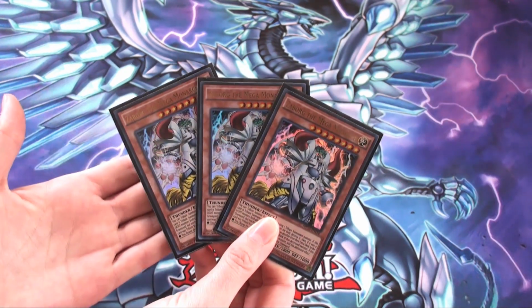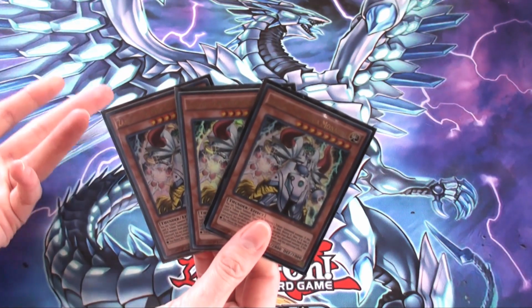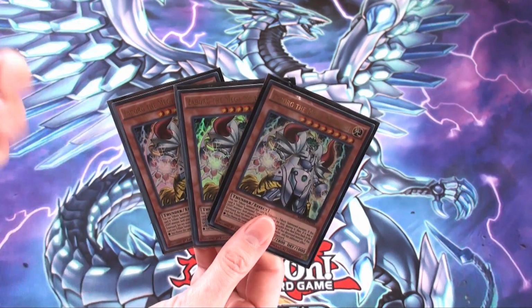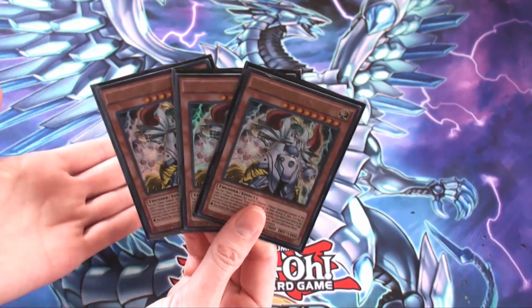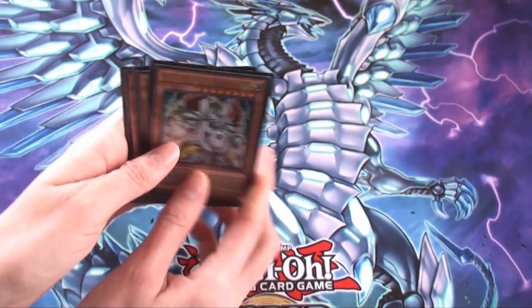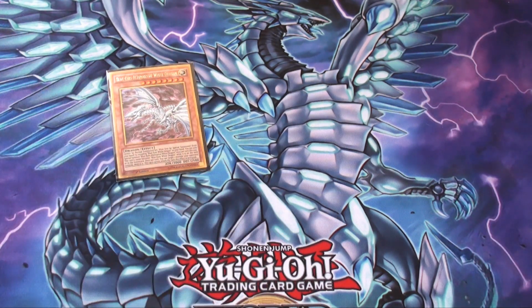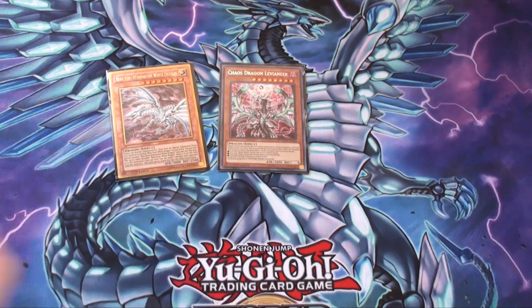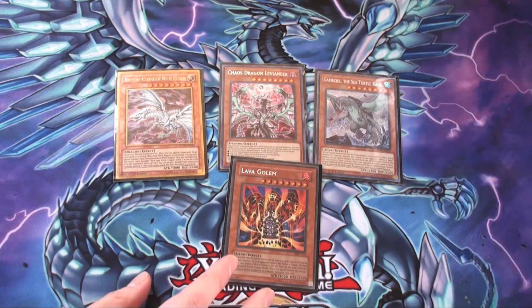If you're going first, he is amazing. If you have him and at least 1 ritual spell, ritual monster, and 1 incantation, it's pretty much game, because if you thin out their extra deck, there's not much your opponent can do. 1 Blue Eyes Alternative White Dragon, 1 Chaos Dragon Lavineer, 1 Garmasil Kaiju, and 1 Lava Golem. And